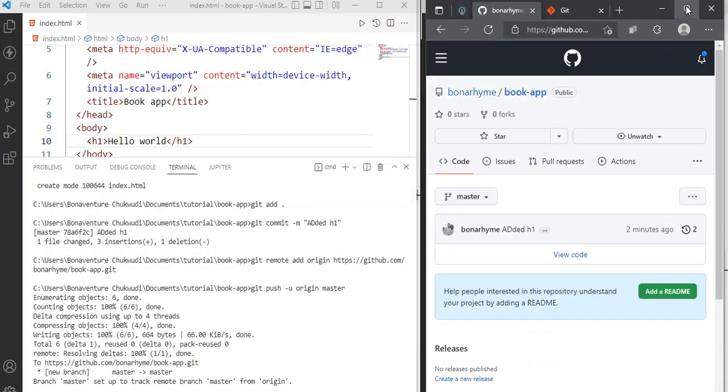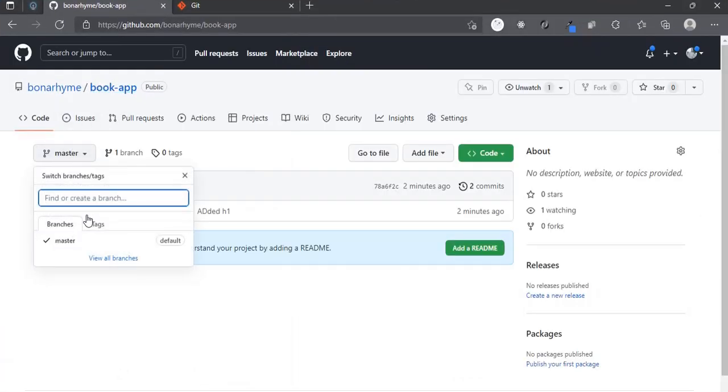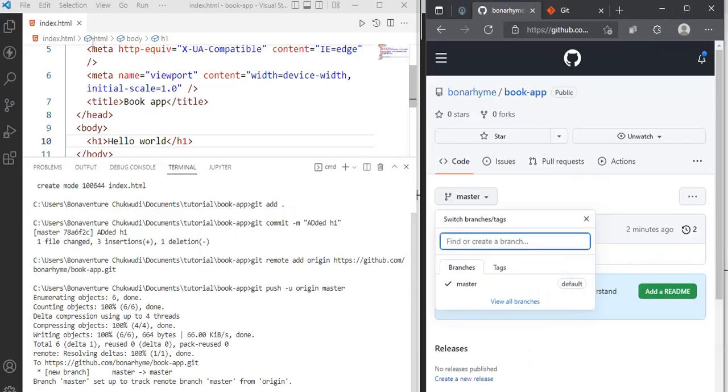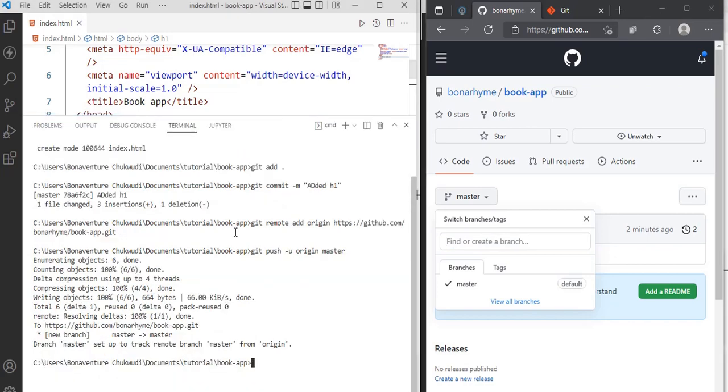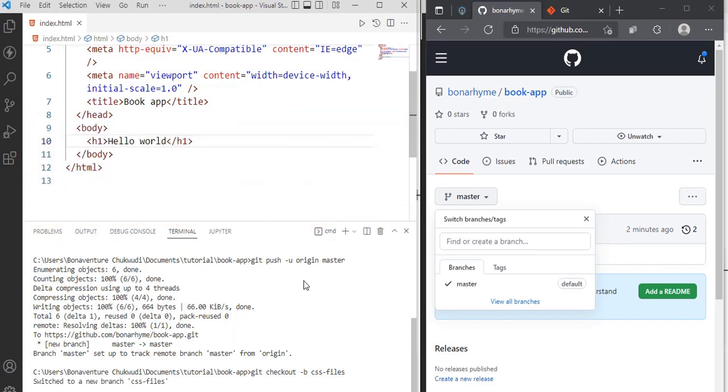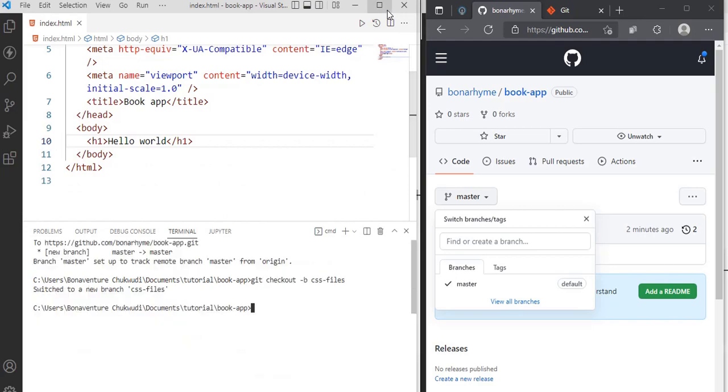Now, if you take a look at it, it only has one branch. You can add more branches to it. Let's say you want to have a branch that talks about the CSS you've added. You can do git checkout, then you can add the branch you want. The branch name, let's call it css-files. So you have switched to css-files, right? Now the next thing to do is